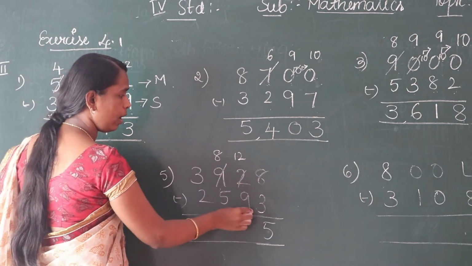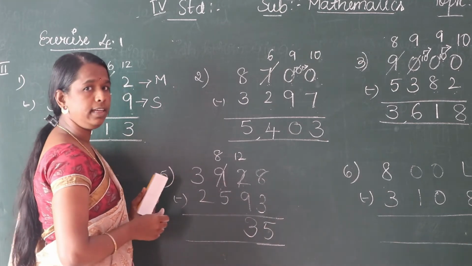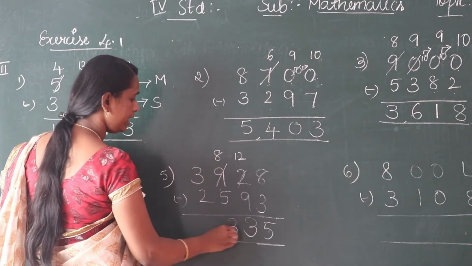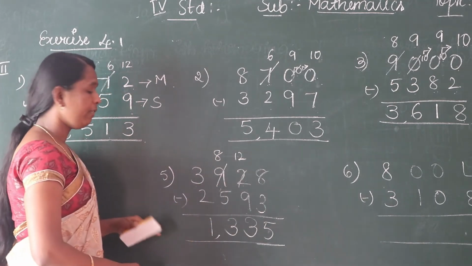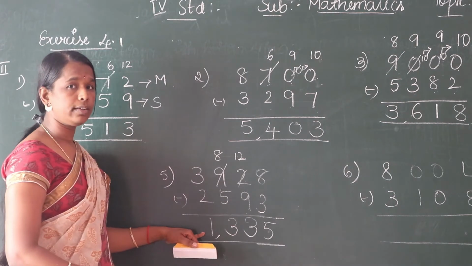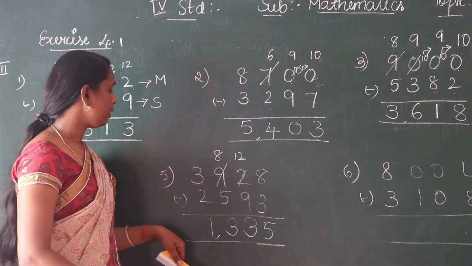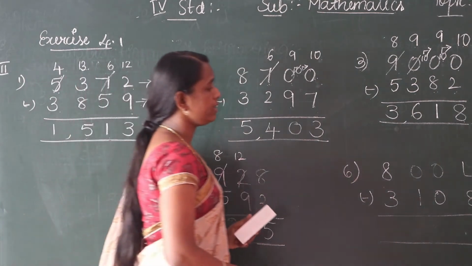12 minus 9, how much children? 3. 8 minus 5, 3. This 3 minus 2 becomes 1. The final answer is 1335. Next, sixth sum is,